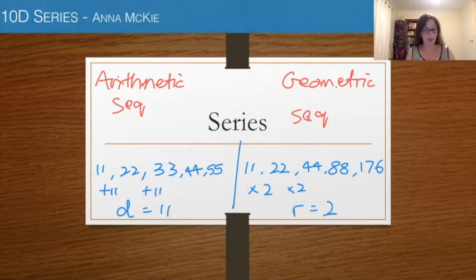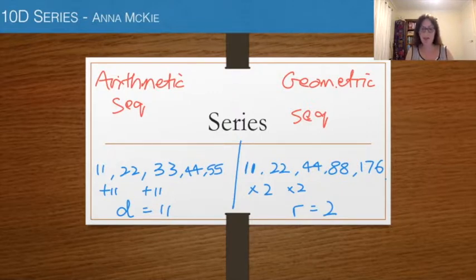So that's the main difference between arithmetic sequences and a geometric sequence. They can have the same initial term, that's fine, of 11 in this case. Notice that the geometric sequences explode much faster, if you like. The numbers get bigger. So arithmetic sequences can be an addition or a subtraction number there for the difference, and